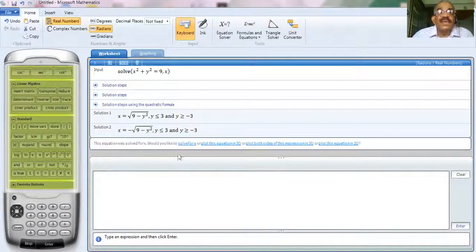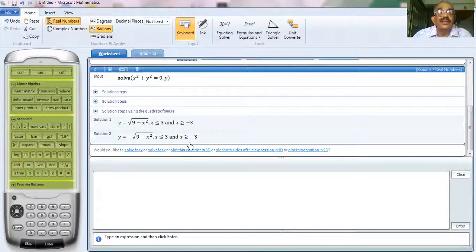Okay. Now here you see this equation is solved for x. You can also solve it for y. Here there is the provision. Just click it. You get the equation solved for y. See, it's miraculous that at the click of a button you are getting the solution, including the steps. Any equation which you are unable to solve can be solved using this.